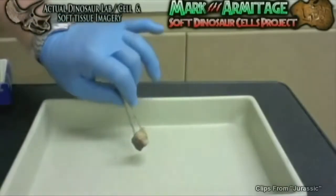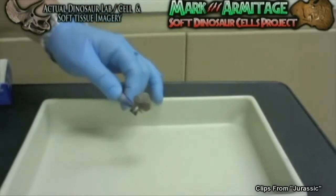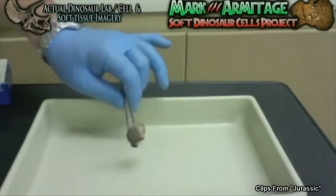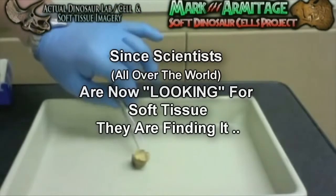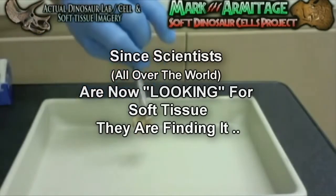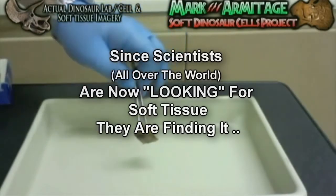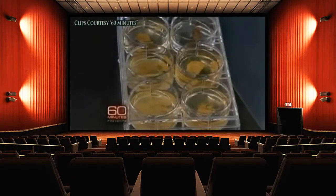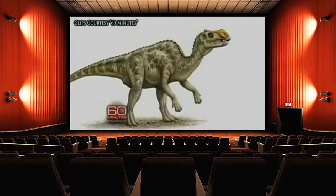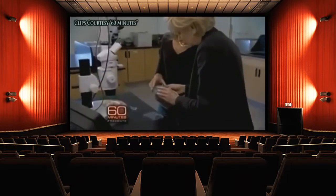Now this has major implications for the age of Earth and fossils. If soft tissues in dinosaur bones are the norm, and that is what we are predicting, then these bones cannot be 65 million years old because they're loaded with soft tissues. These break down quickly, and so they can't be old at all. These are pieces of an even older dinosaur, a well-preserved 80-million-year-old duckbill. When she dissolved it away in acid...